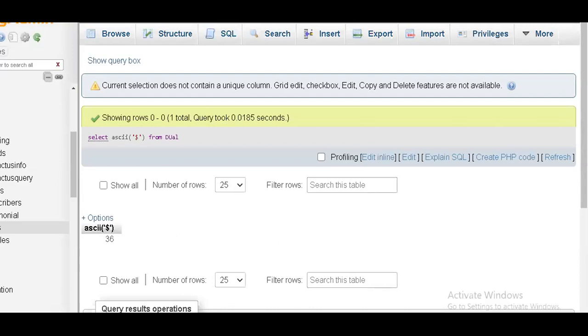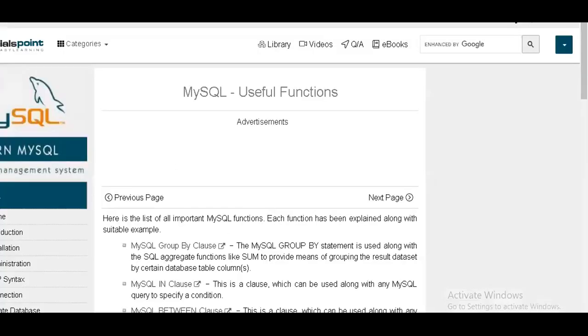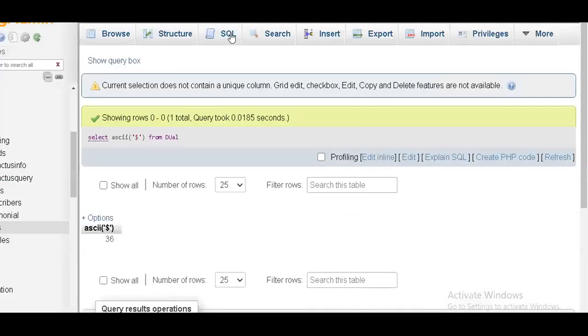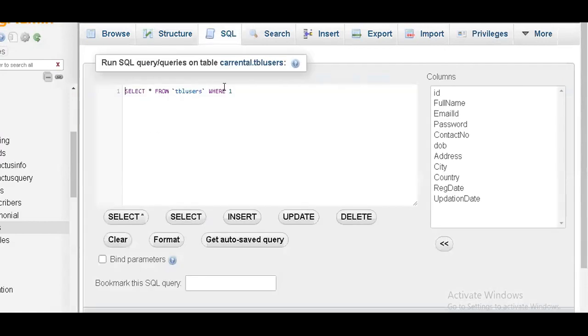Okay. Right. Then what is the next function? Char length. Yeah, char length. So here I'll be writing something called char length of something like this.